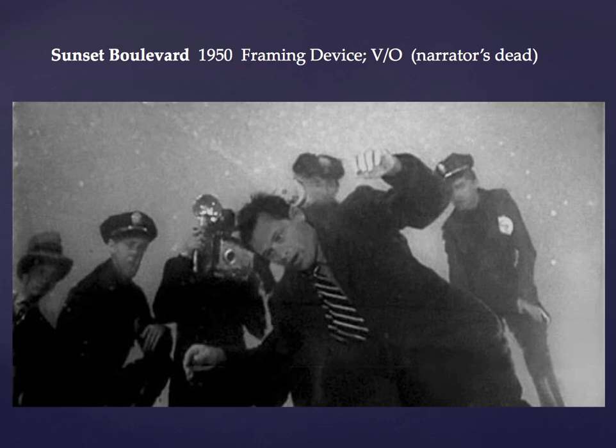And this one also has a framing device. And we're going to hear this guy right here, this poor writer. When he describes who got killed, he says, "just a writer with a couple of B pictures to his credit." And he's going to be referring to himself. So at the beginning, it's interesting. He's going to start talking about how the police raced to the home of a silent movie star, and they found this guy